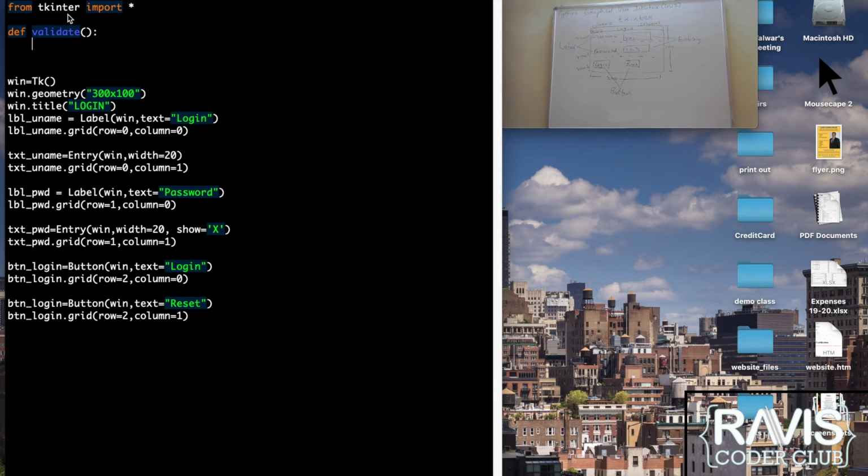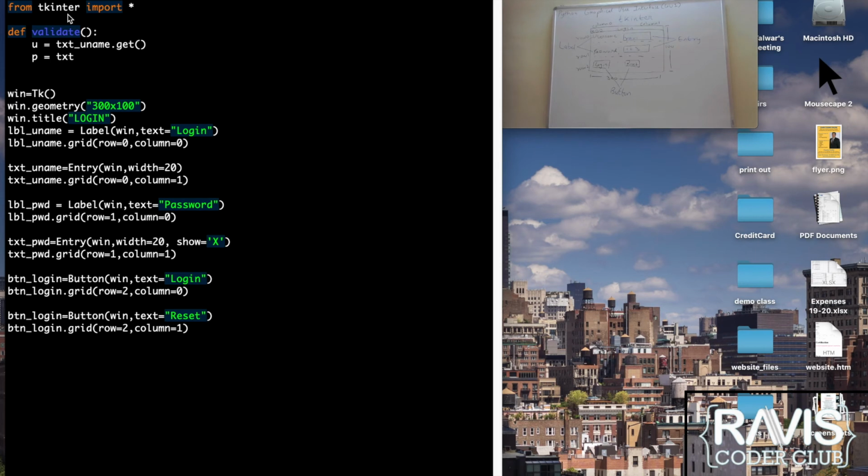Okay, what I'm going to do is u equals to txt_uname.get, and p equals to txt_pwd.get. So .get is a function with the entry boxes which gets you the text written in there. Okay. Now I'm going to do this.